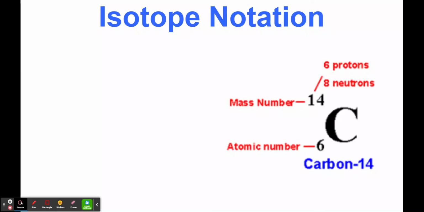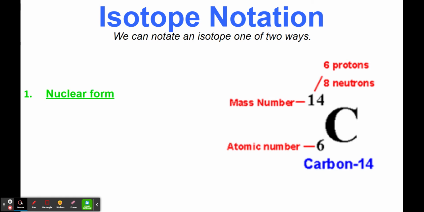Okay, so how do we write down and talk about different isotopes? We use different isotope notation, and there are two different ways we can do this. One is what we call nuclear form. Nuclear form would be to use, we've got an example over here of carbon. You use the atomic symbol, and then you put the mass number up and to the left, just like that. Okay, and in my example down here, we've also got the atomic number down and to